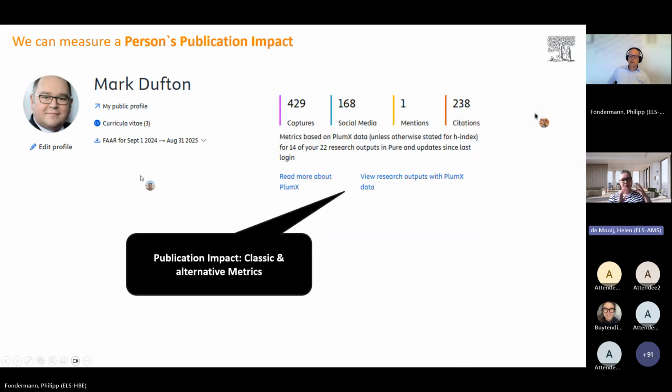And you can see, if you want to drill down even further, there's a link there that says view the research outputs with PlumX data. So it's not just about, this is just a summary page. But if you